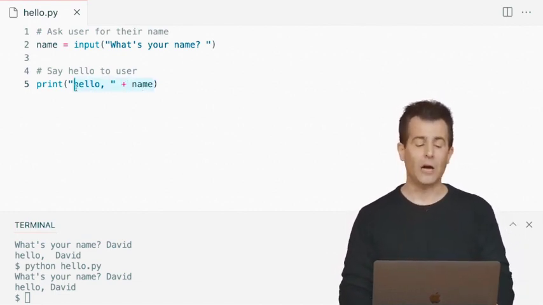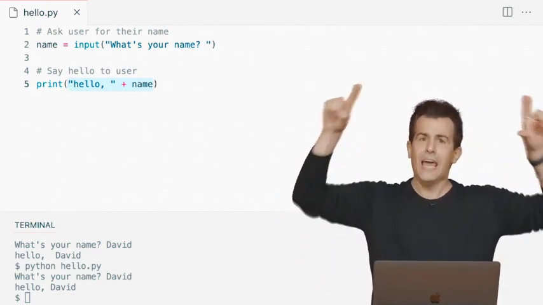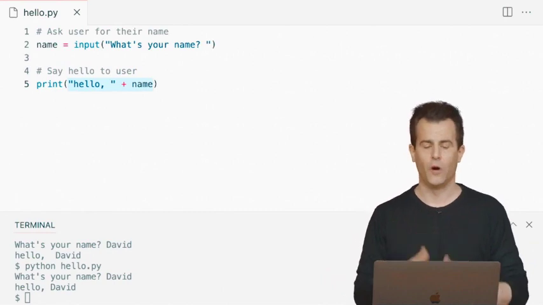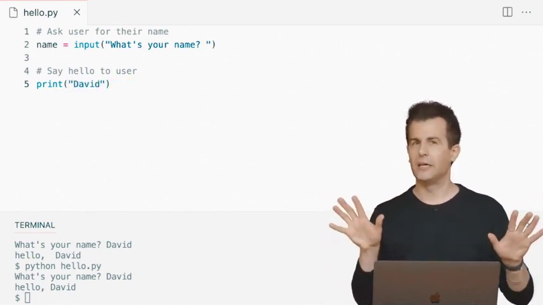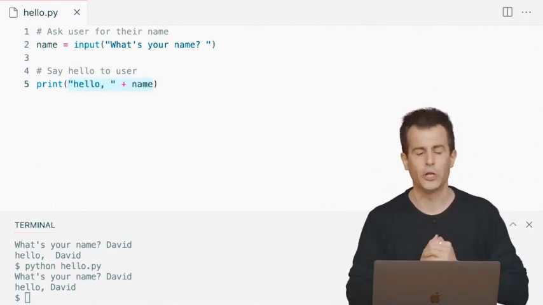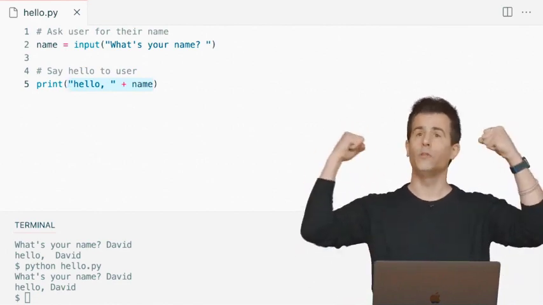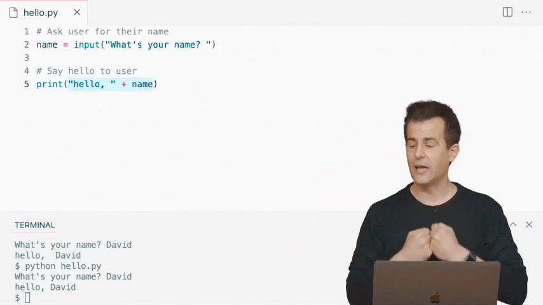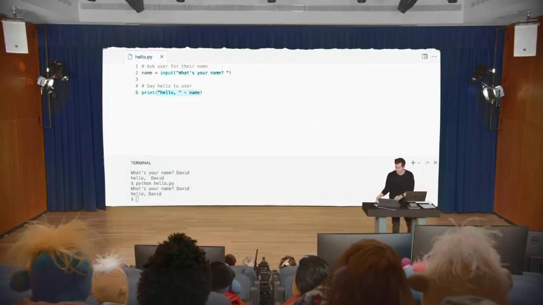This ultimately becomes the English phrase, hello, comma, space, David. And then what's being passed ultimately to the function is technically something like this. But it's doing it all dynamically. It's not me typing in David as I discretely did earlier. It's figuring out dynamically what that value is after concatenating hello with the value of name, and then passing that ultimately to print as the sole argument. Let me pause here to see if there are any questions on numbers of arguments now to functions.